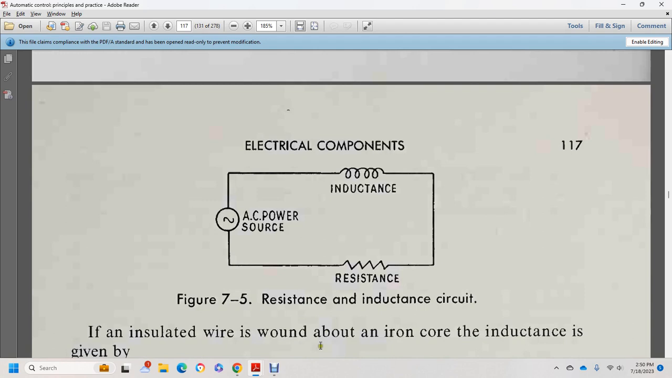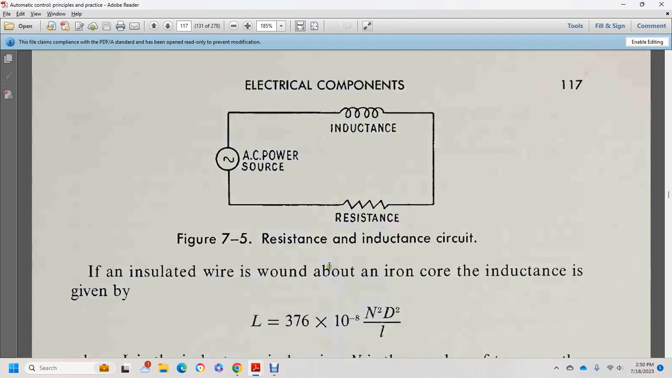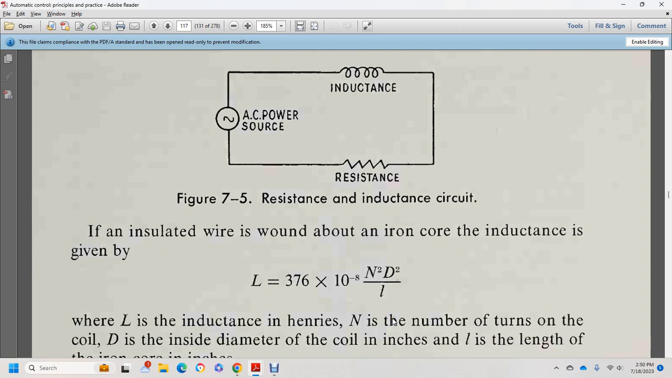So, figure 7-5, resistive inductance circuit: you have AC power, an inductance, and a resistor. The inductance is a wire wound around an iron core. Inductance equals 376 times 10 to the negative 8 times N, the number of turns in the coil, times D, the inside diameter in inches, squared,